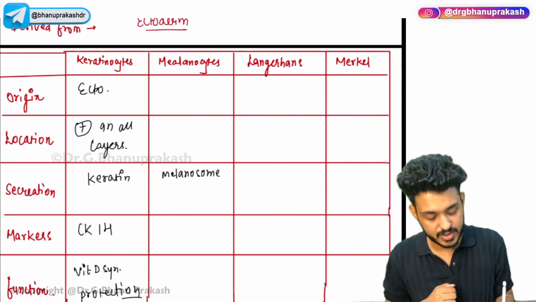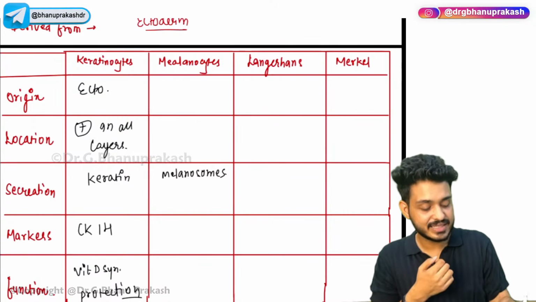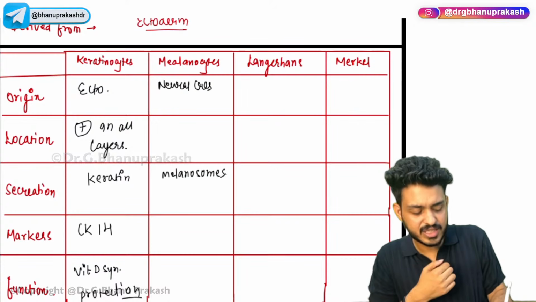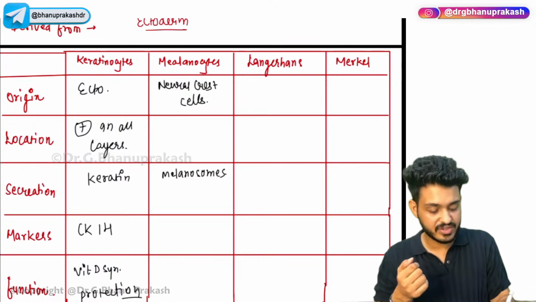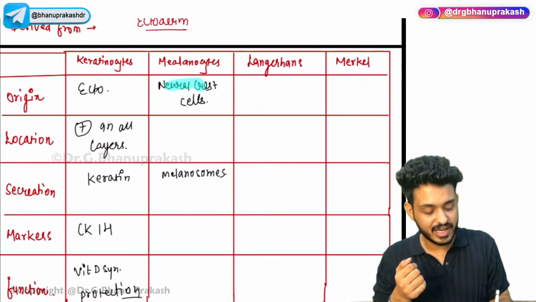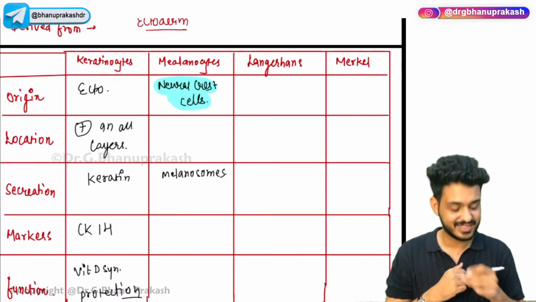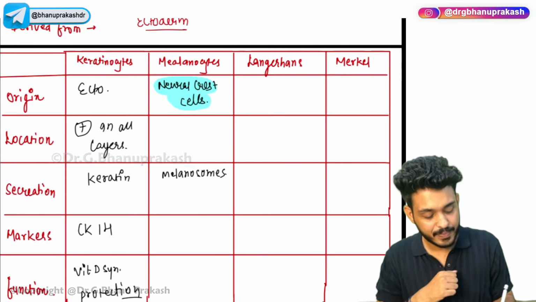Which cells are they coming from, guys? They are coming from neural crest cells. Neural crest cells, you must have studied about in your anatomy, in your embryology section. So this was the question they have asked you about. The melanocytes are coming from neural crest cells. Okay, next one is about your location, guys. They are present in stratum